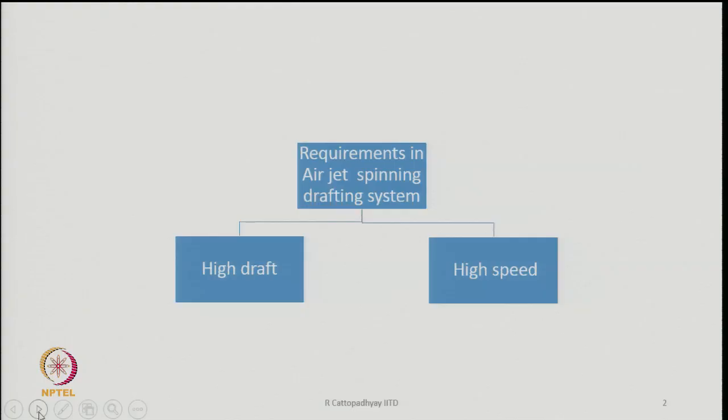Today we are going to discuss the drafting system of the air jet spinning machine. Now, what are the requirements in the drafting system of air jet spinning machines? There are two important requirements. One is it should be capable of giving very high draft,